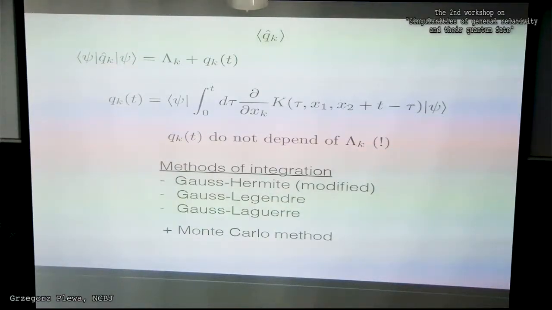Now the second thing is the function k of t, which also comes from the form of the operators, and one can find that this is a function given by the following expectation value. And what is important here is that even starting with our initial function eta, labeled by the parameter lambda k, this function, which in fact gives the dynamics,